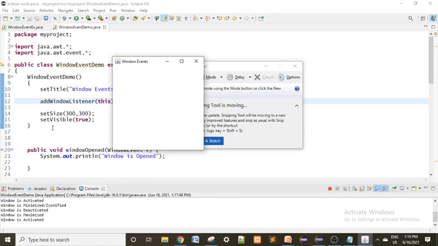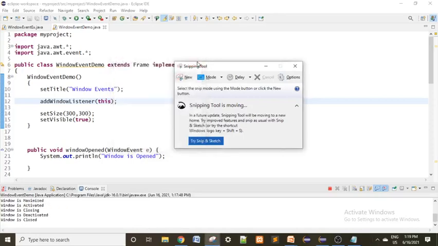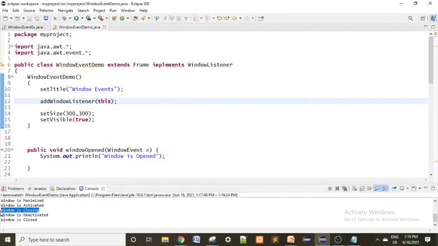So in this class we are handling the window, and here we are able to close it. When you click this one, the window closes automatically. While closing, that will display "window is closing". After that, the window is deactivated, and after that the window is closed permanently. The window is successfully terminated.